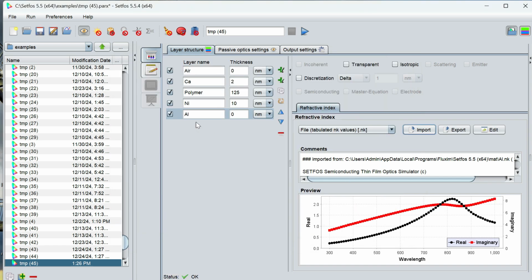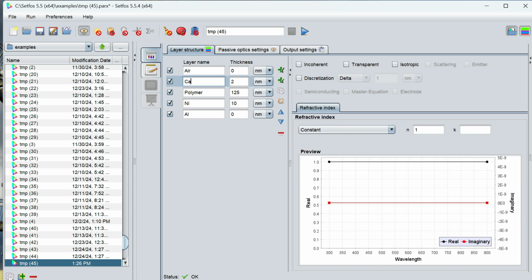You can import these two files, but we need to put the value here for the refractive index constants. If you have not imported .nk file format or refractive index files, for the polymer it can be 1.8. Their value and thickness totally depend on you. If you want to change, you can easily change that here. We are here to optimize the emissive layer thickness, so we need to activate emission modules, and in the general tab